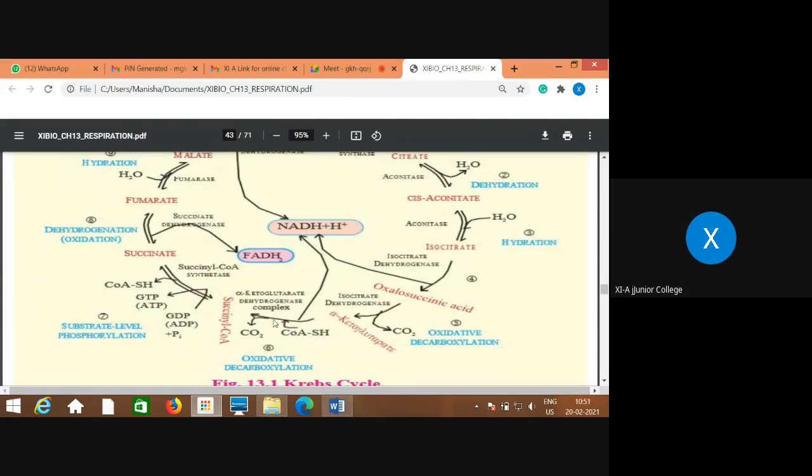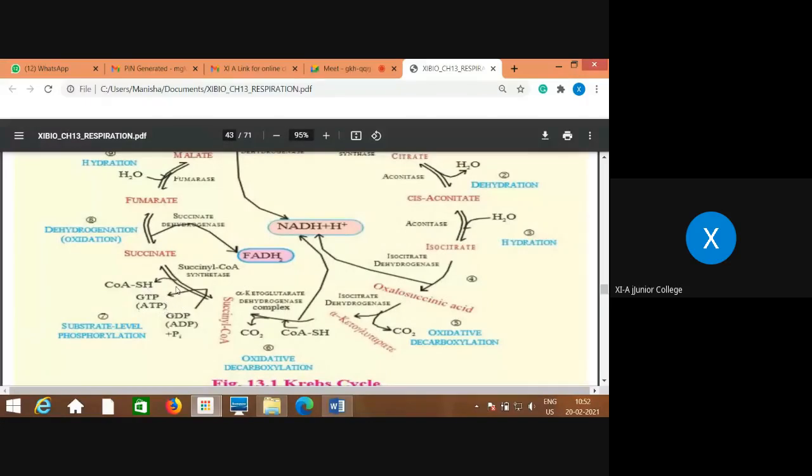In this step 2 things are happening, decarboxylation and dehydrogenation. Here phosphorylation is happening. Phosphorylation is the addition of phosphate. So GDP gets phosphorylated to GTP, but GTP immediately gets converted into ATP because this is the most usable form